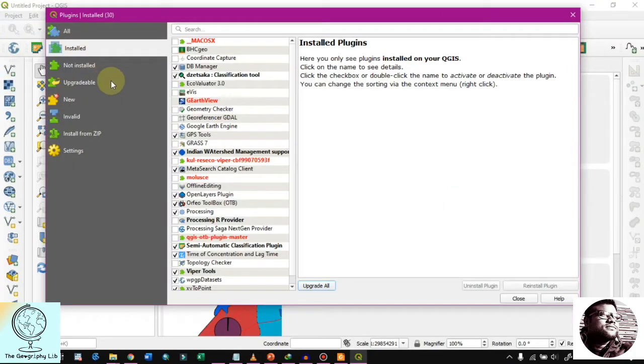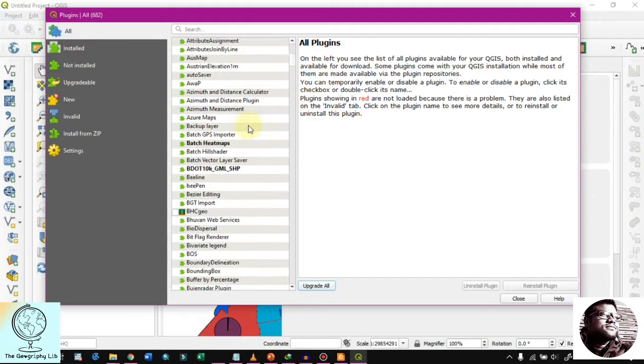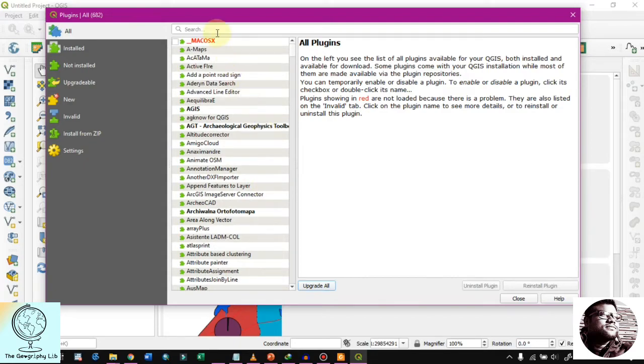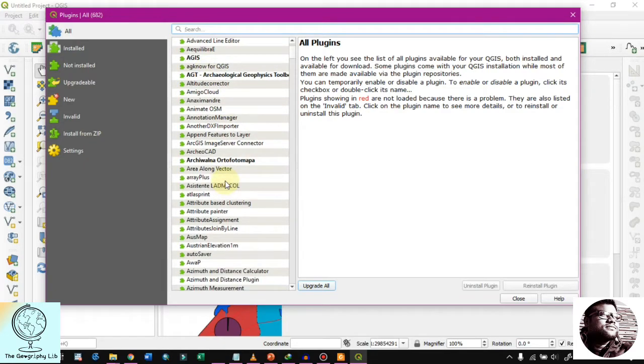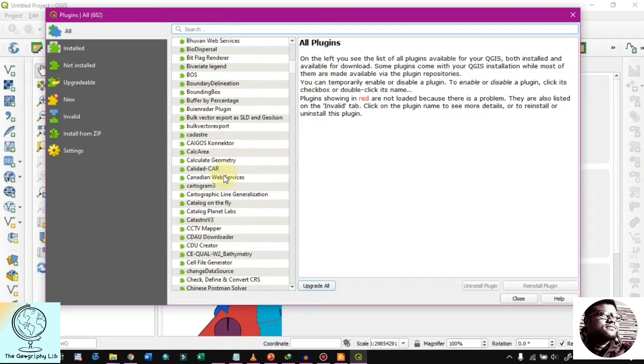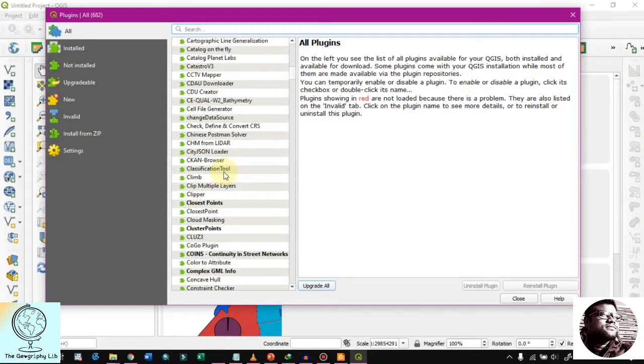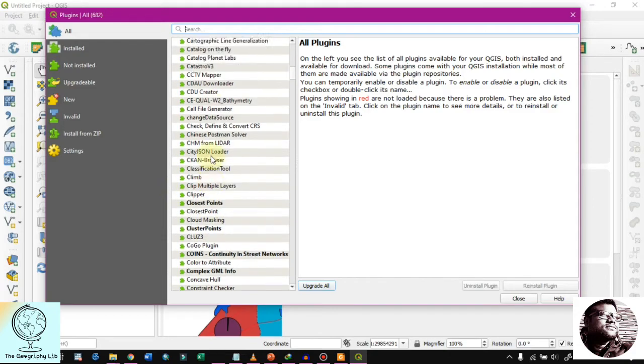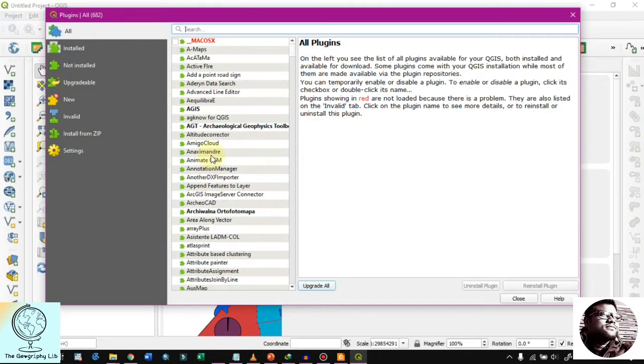Or if you want to go to the plugins, then you have to click on the plugin menu. From there you have to search different kinds of plugins for installation, and then you are going to work with this plugin for different geographical or GIS workflows.